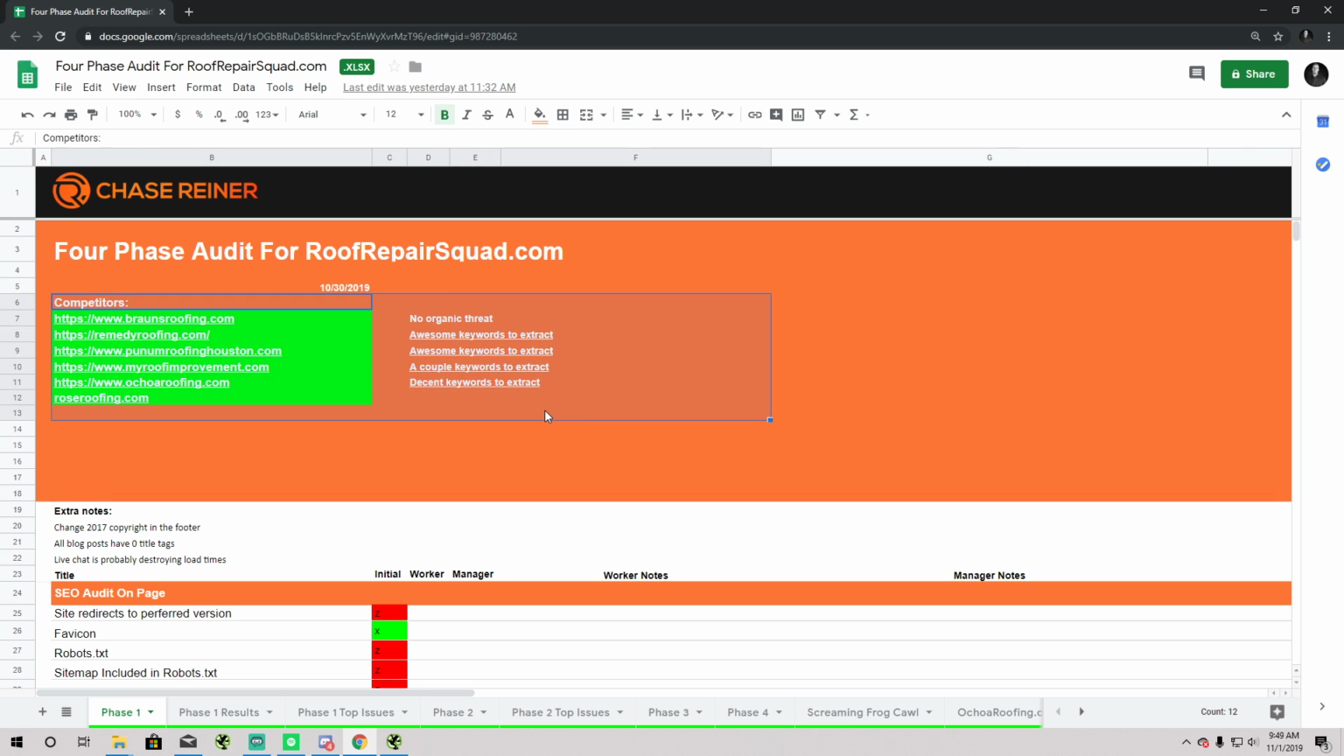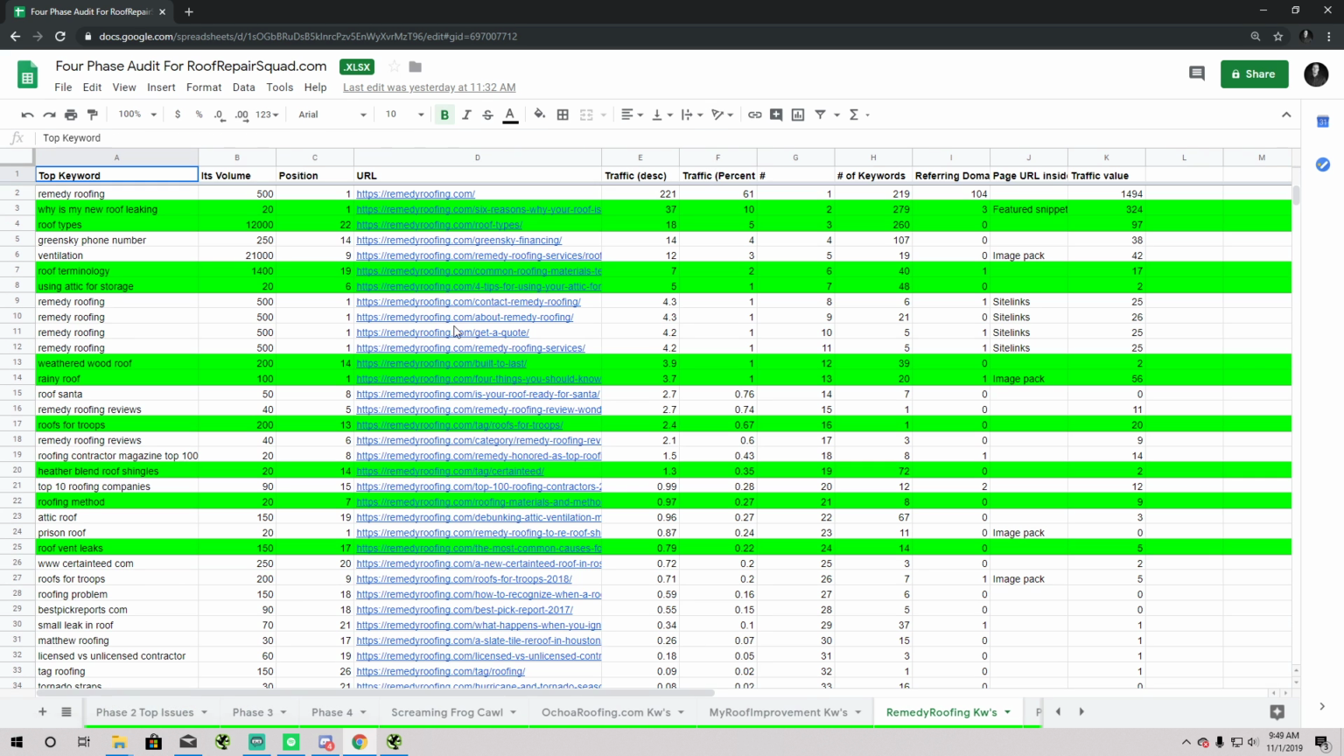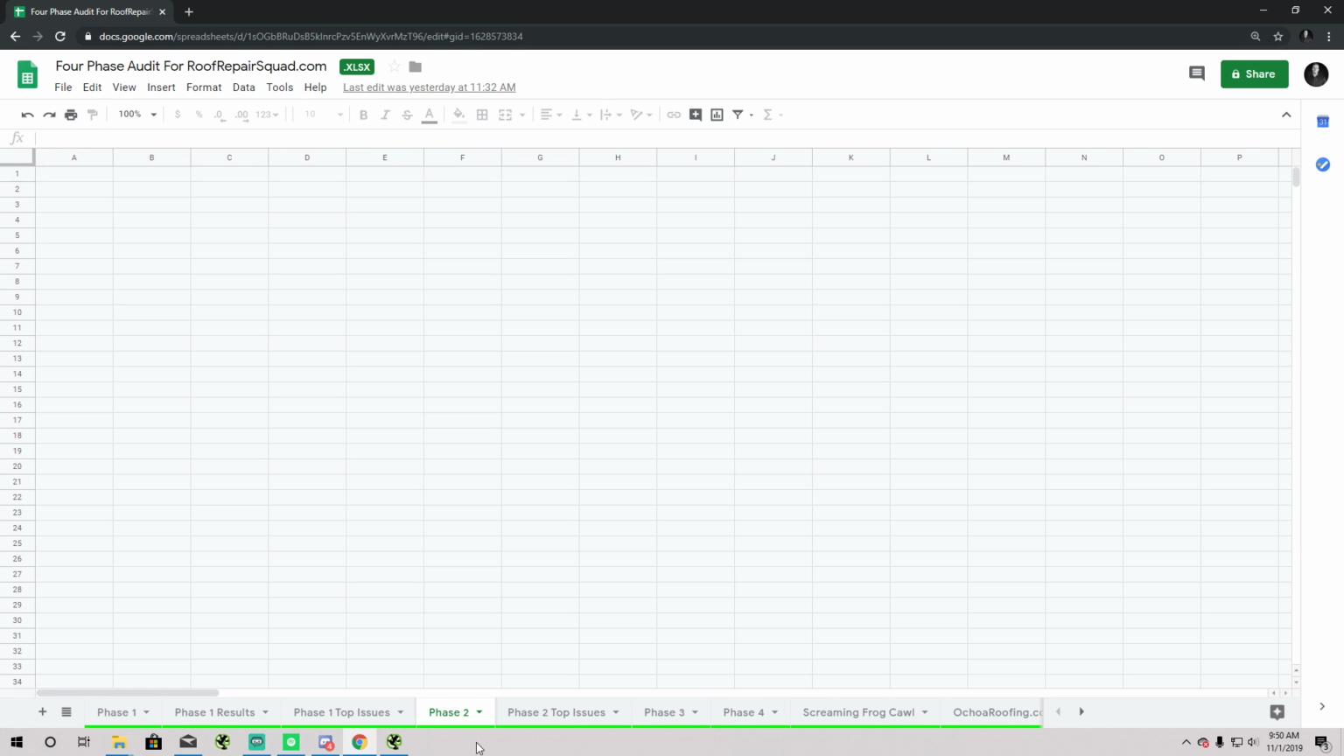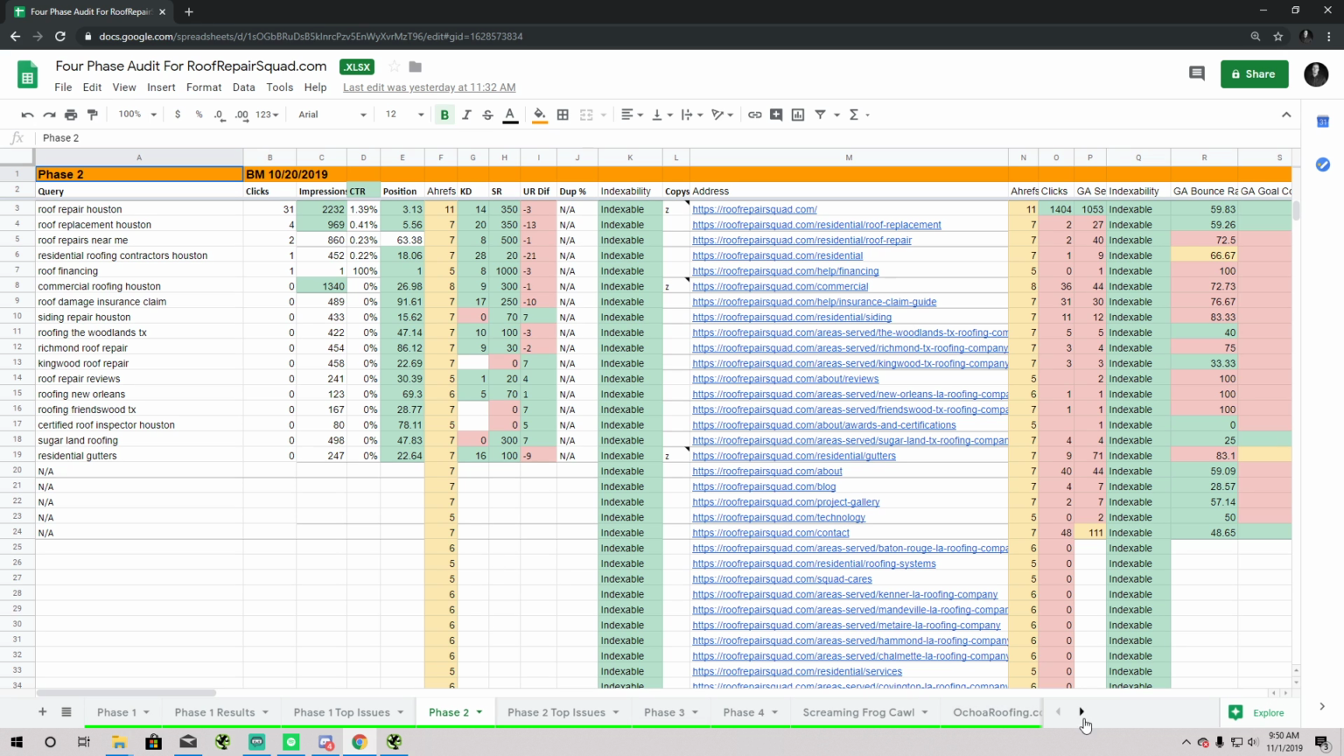So I just put the competitors up here just because I like to have the client know who the competitors are. And then what I'll do is I'll actually extract the keywords from Ahrefs, and then I'll link them on the Google Sheets so the client can see all their different keywords, and then I'll highlight which ones I think are important. We'll talk about that more in a second. But for phase 2, or actually the Screaming Frog export